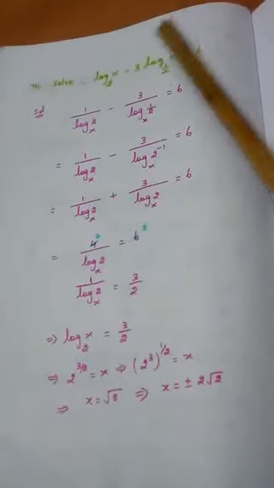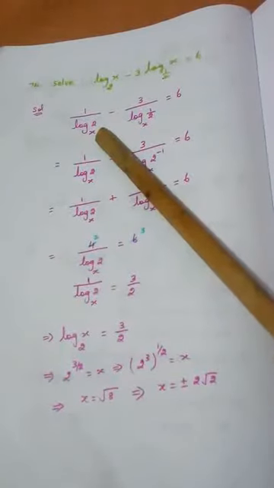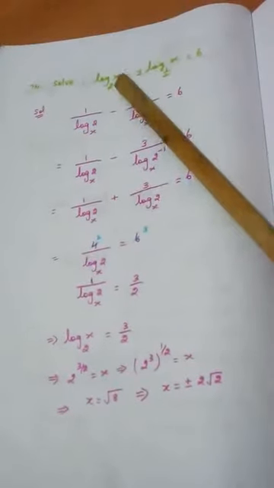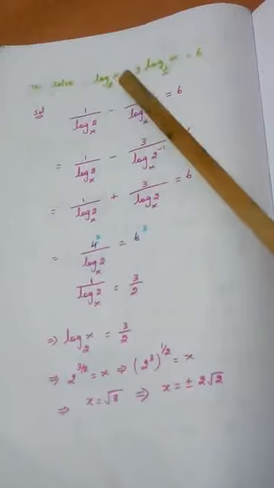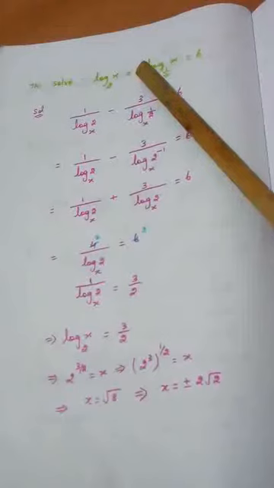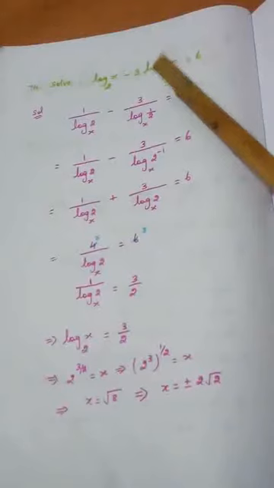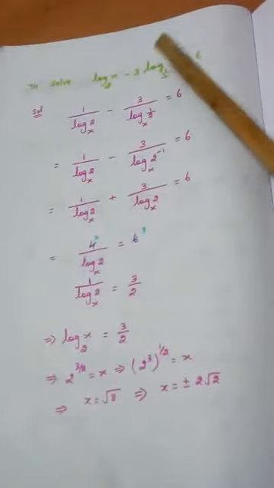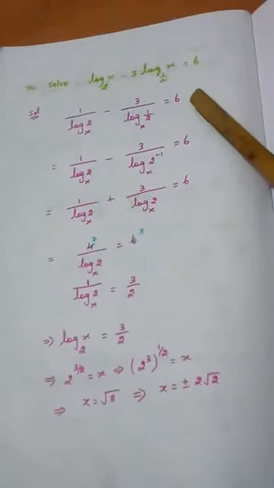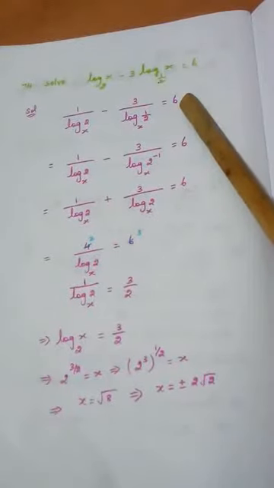So what we have to do? Just take this to the denominator. You know very well what will happen when we take numerator to denominator. These two terms will get interchanged. So 2 will come above, x will come as the base. Same thing, 3 stays in the numerator. Log x base 1 by 2 is taken to the denominator so that 1 by 2 comes above, x goes as the base, equal to 6. I think you will understand. Nothing new in it. We are using the results that we have studied in logarithm.